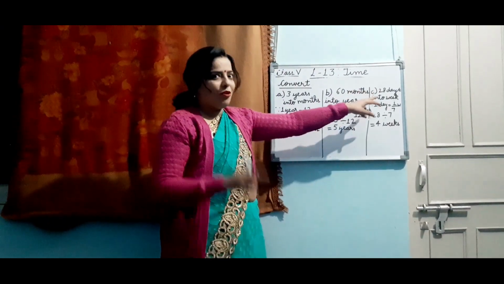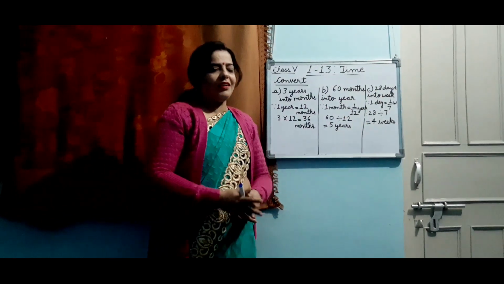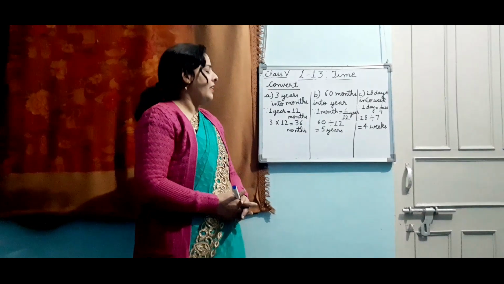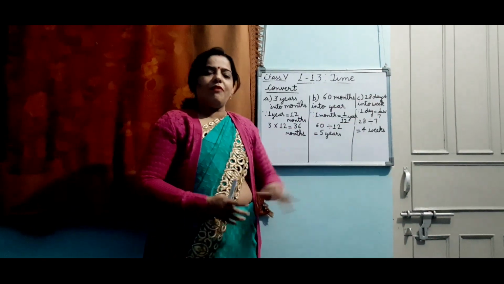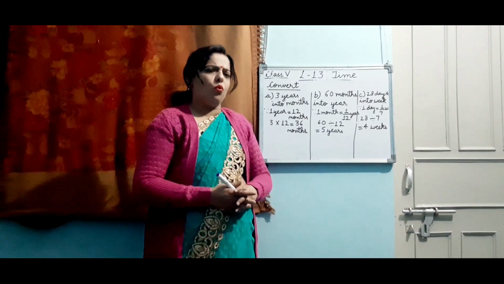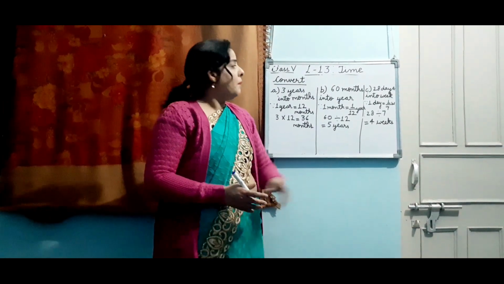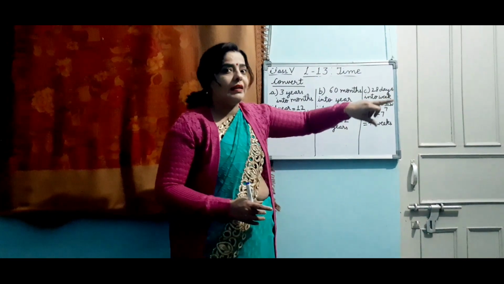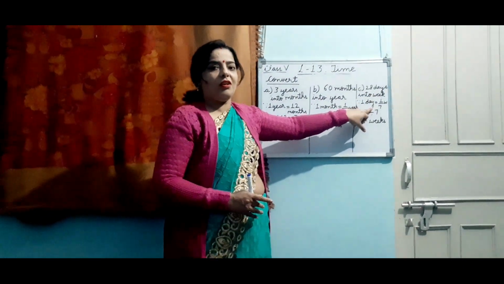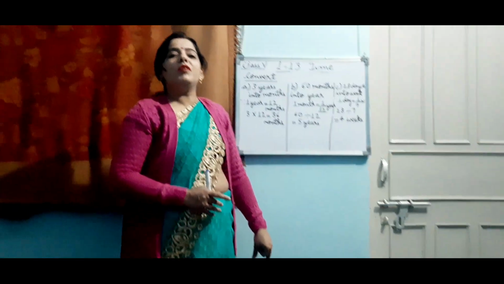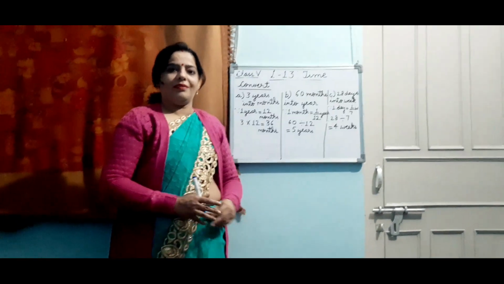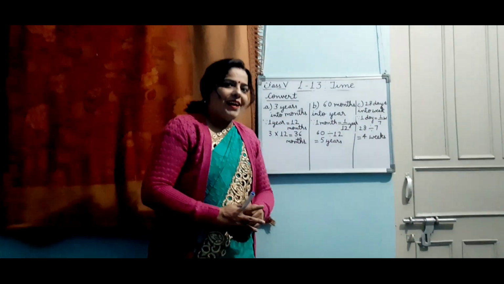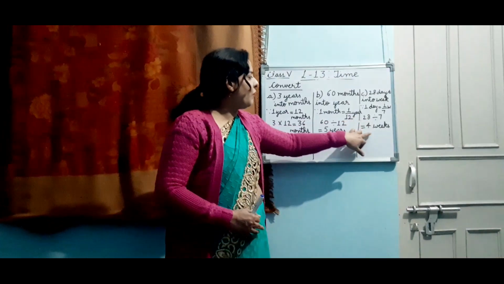Now last but not the least, this is the last type of conversion. Like it is given, days is given and you have to convert it into weeks. Now we all know the time fact related to days and week. We know that 7 days makes 1 week. But here smaller thing is given in the question and we have to change into bigger. When smaller is given in the question, when we will write the formula, we will express it in upon. Now you can see 1 day is equal to 1 upon 7 week. And in the case of division, after division, what we got the answer? 4 weeks.